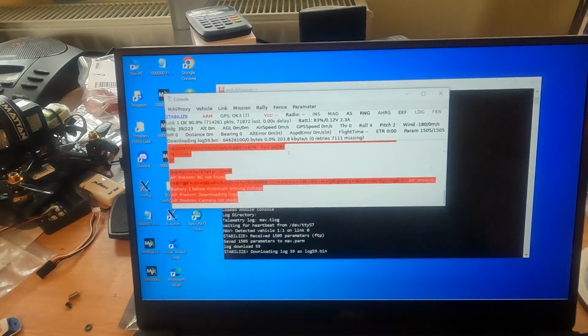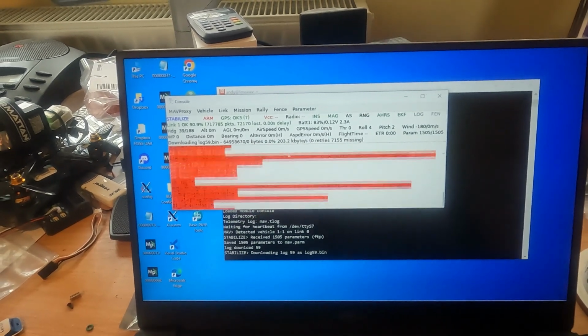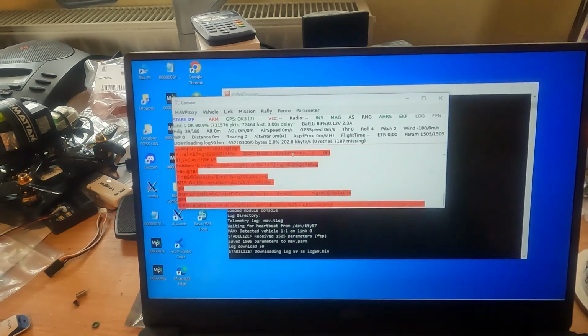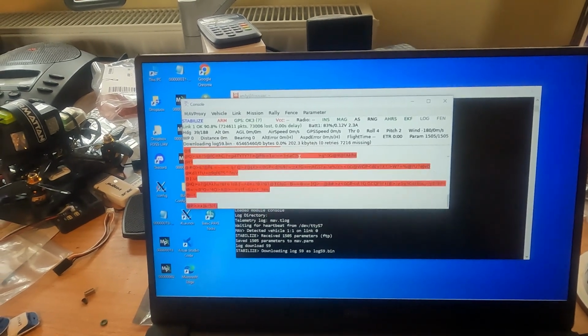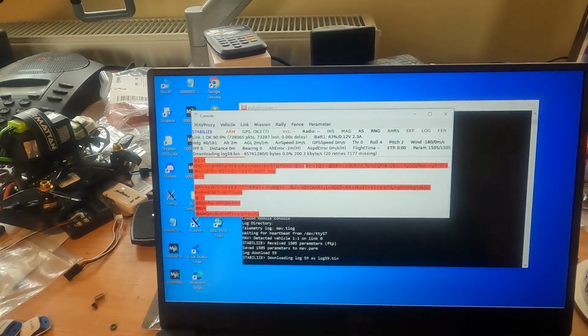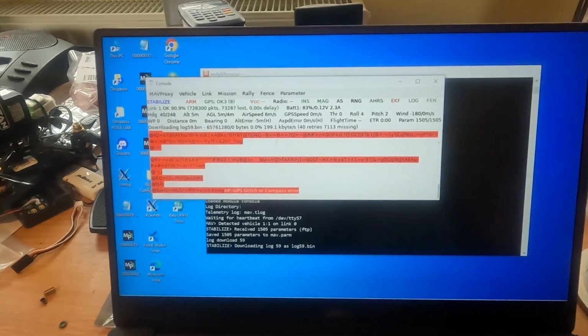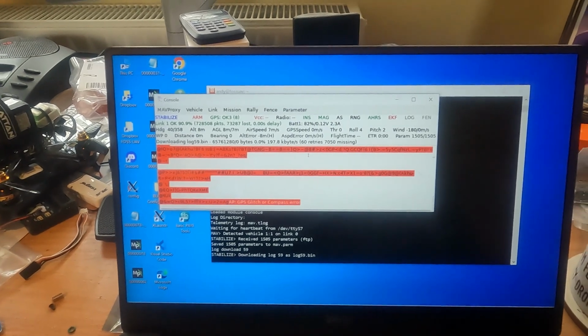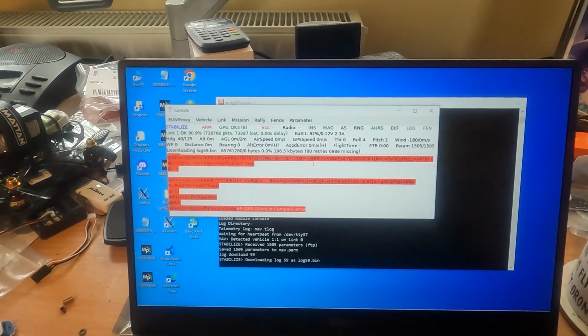So okay, so 65. Oh, still a little bit more going on there. Okay, there we go. So now you can see the retries kicking in, the missing frames slowly going down, but